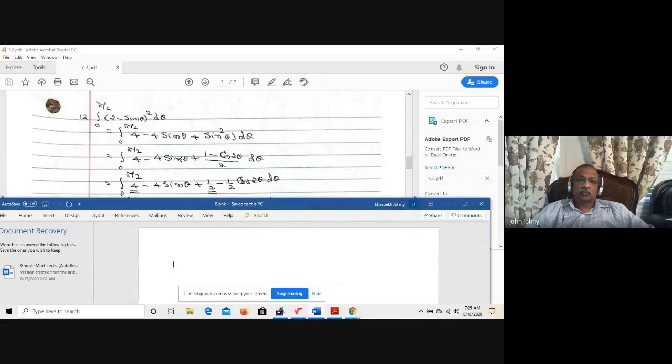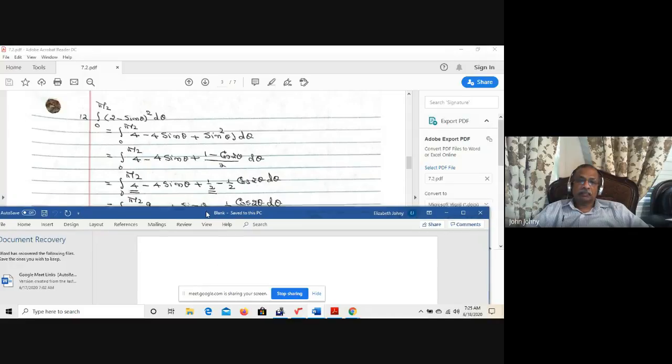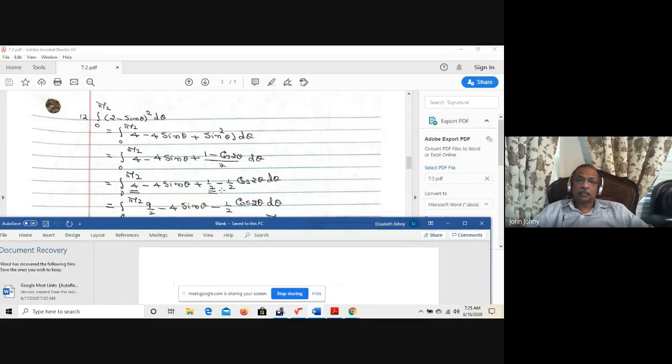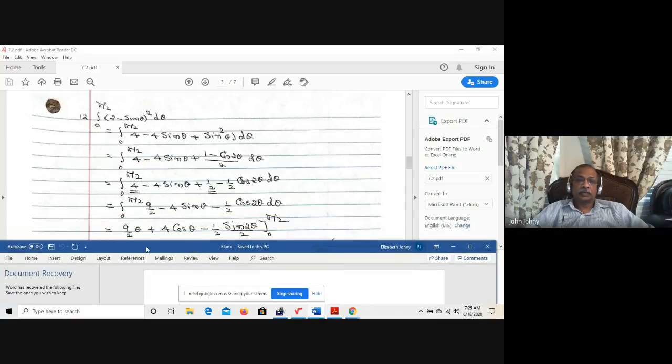This is 4 minus 4 sine theta plus 1/2, you are distributing the 2, 1/2 minus 1/2 cos 2 theta d theta. 4 plus 1/2 is 4.5, which is 9 over 2, minus 4 sine theta minus 1/2 cos 2 theta d theta. Now it is time to integrate: 9 over 2 times theta plus